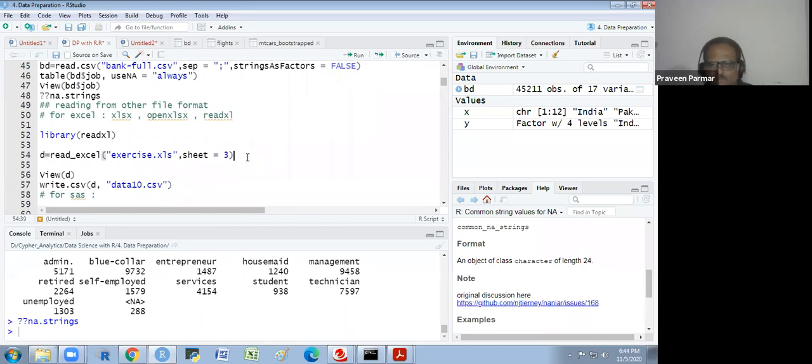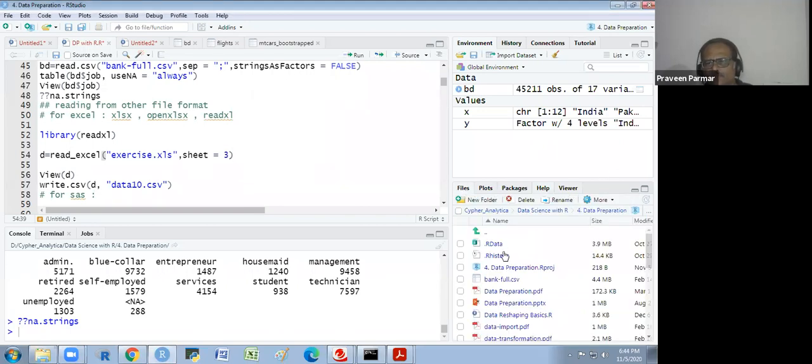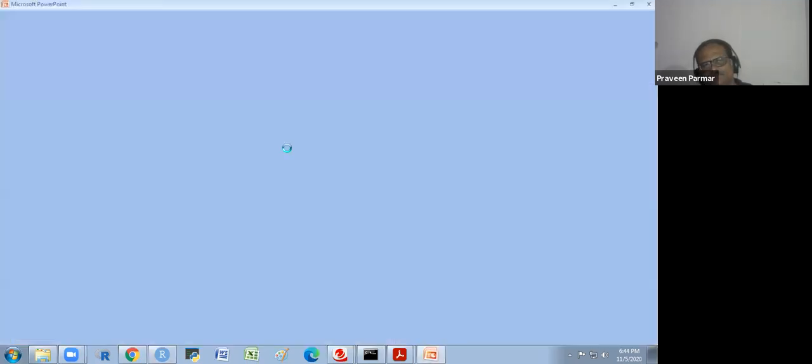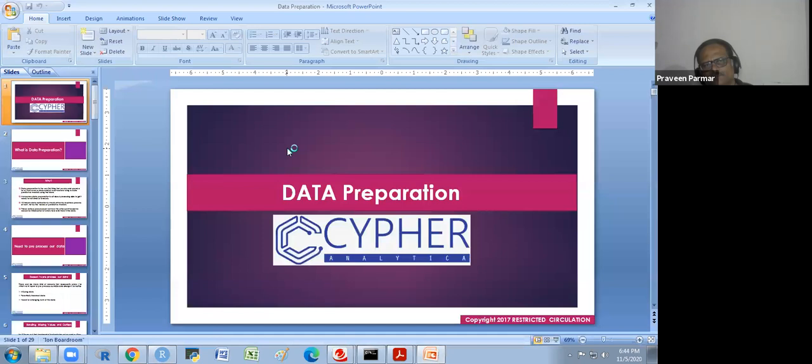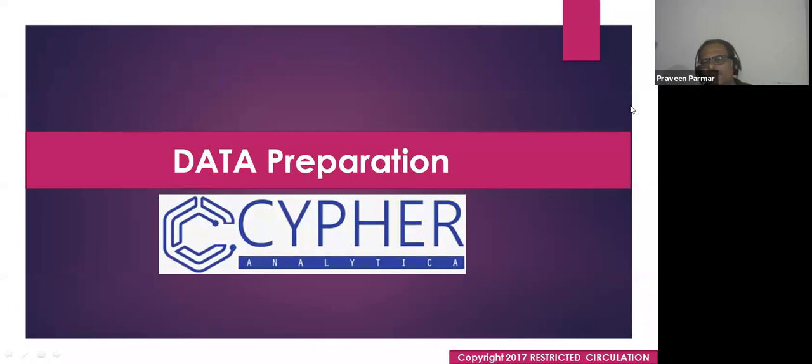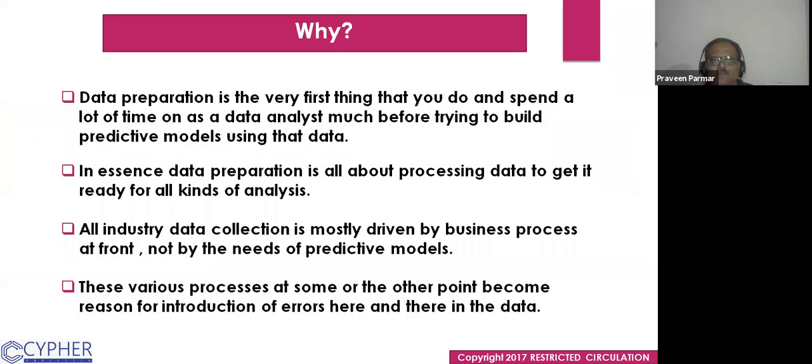So this I have just started, but before that I would like to explain something with the help of the PPT. Data preparation. Data preparation is the very first thing that you do and spend a lot of time on as a data analyst, much before trying to build predictive models using that data, and not only for predictive models, also for inference and descriptive analysis.